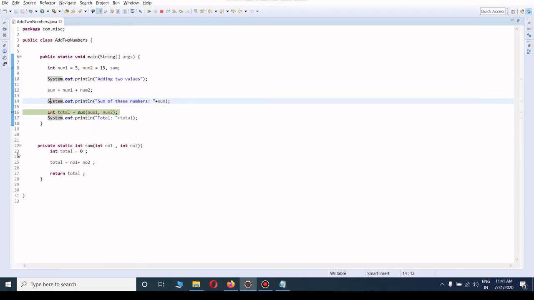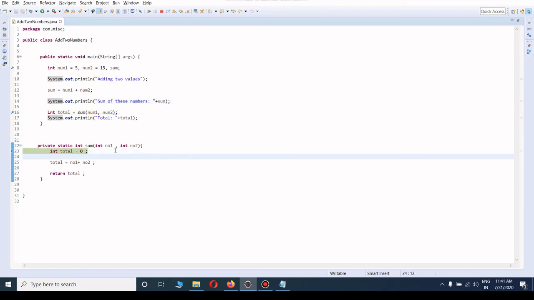When I press the F5 button, I will go to line number 23. See, now we have come into the function. Now the value of number 1 is 5 and number 2 is 15. So we take the values from this function. Now we can see that number 1 and number 2 don't show the value, because now we are out of this function. Okay, so now we are in the sum function, so we can see the values of these variables.